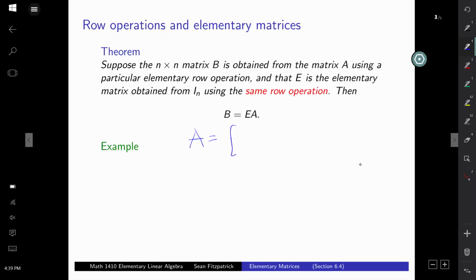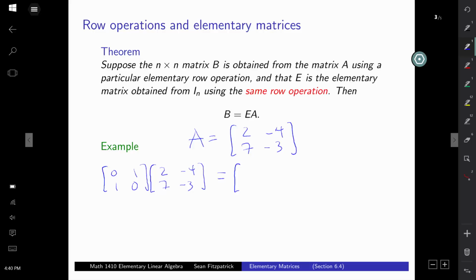Let's do some examples. Let's take a matrix A and do some 2 by 2 examples. So A is 2, minus 4, 7, minus 3. Let's take the elementary matrices we had from the previous slides. The first one was this guy. So if we do E times A, with A being 2, minus 4, 7, minus 3,